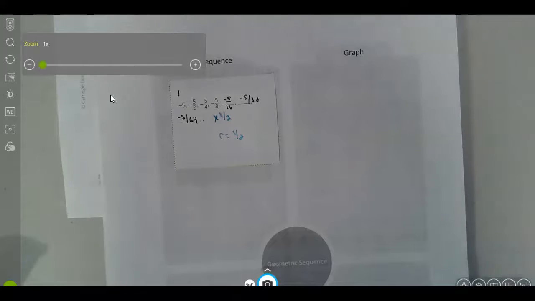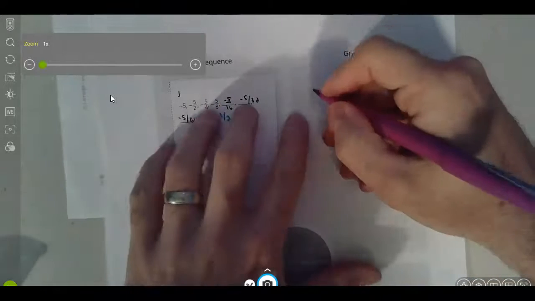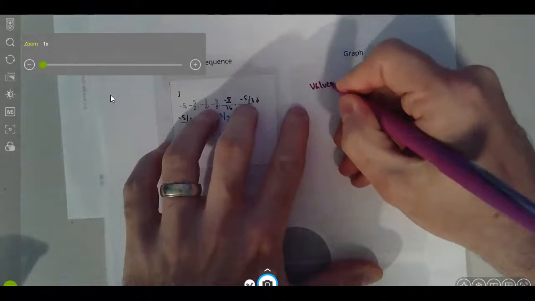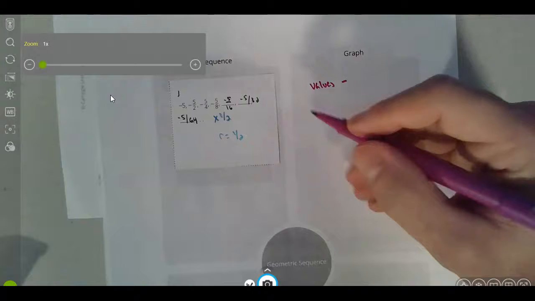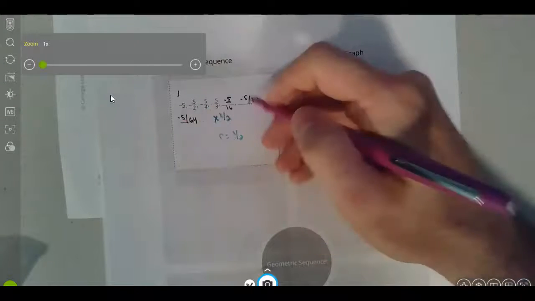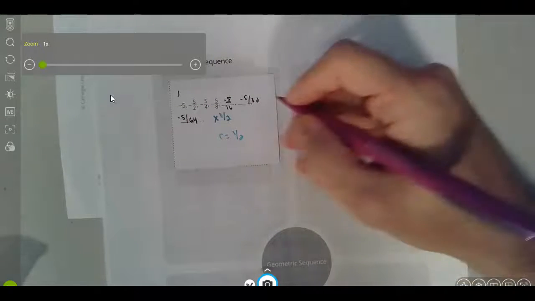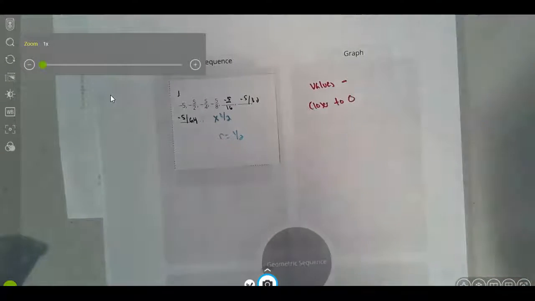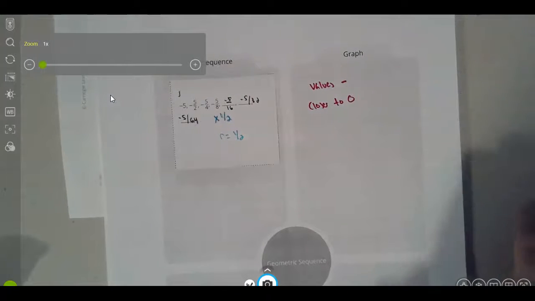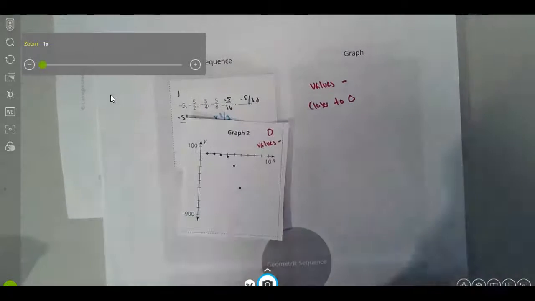If I look at graph J, my values are negative, and what's happening to these? Is it increasing or decreasing? Well, these are getting smaller. They're getting closer to 0. So all my values are negative, and I want to figure out which ones have values that are negative. This one